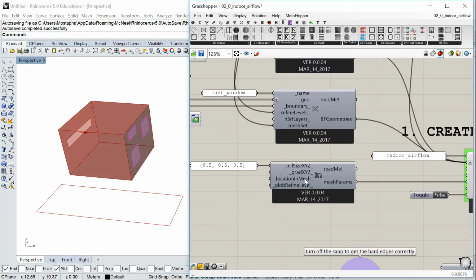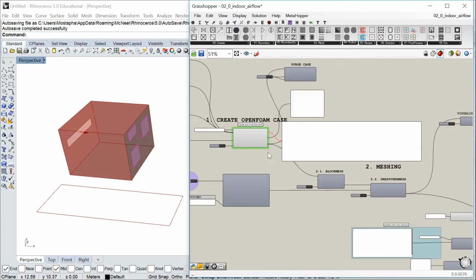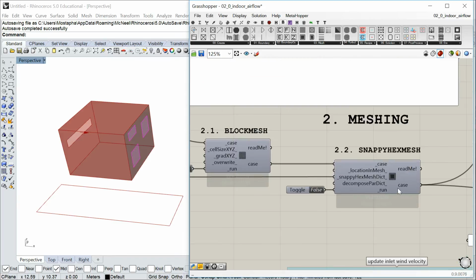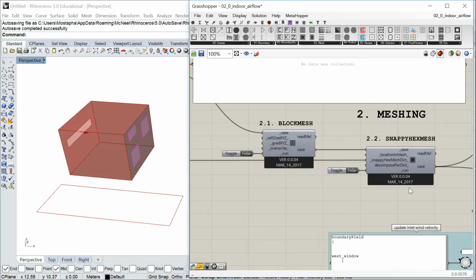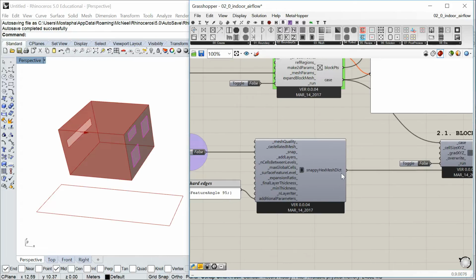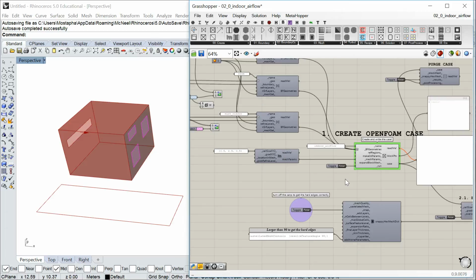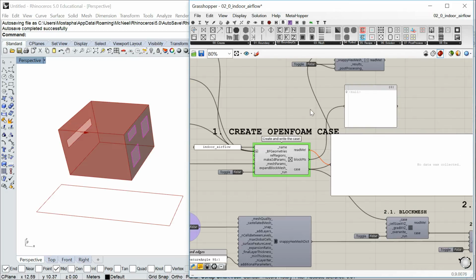So for these two, if you go here and see the block mesh, you can actually override them here. And for snappy hex mesh, this is the location in mesh here. And then if you want to change the global refinement, you can change it here from inside the snappy hex mesh deck. Okay, with that, let me go ahead and